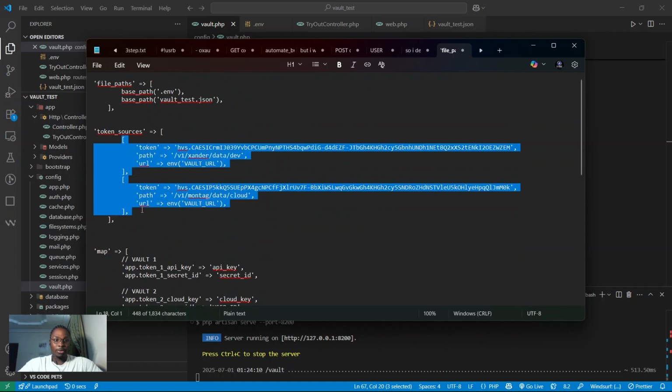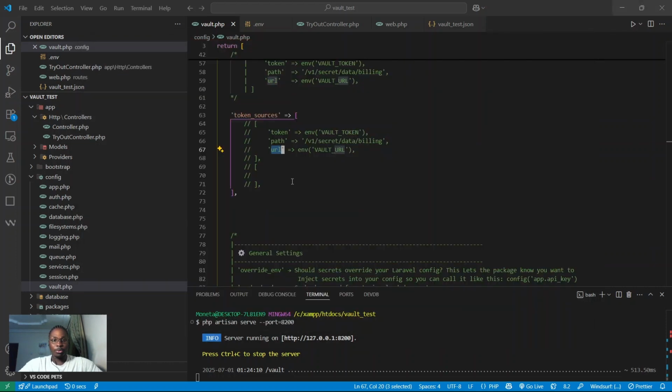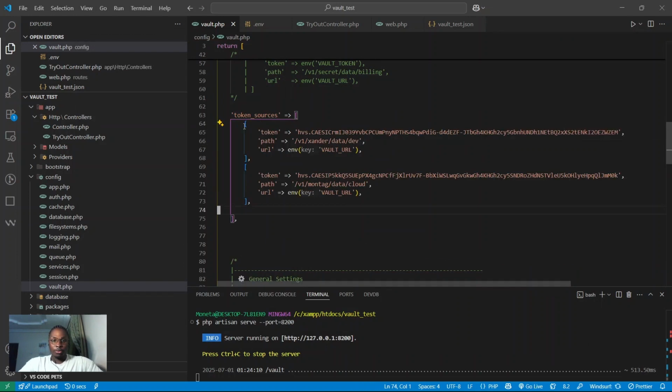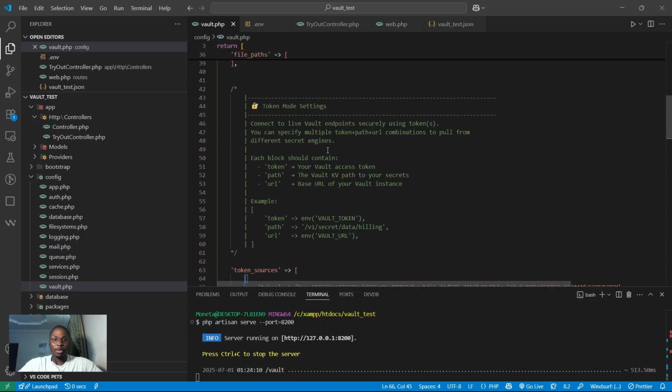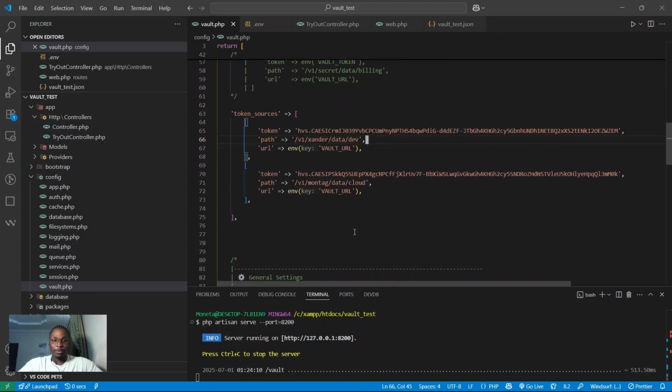and for this test we'll be using two Vault engines also, just so we understand that we can add multiple Vault engines. It doesn't have to be one, it can be two, can be three, depending on your use case. Same thing goes for the file as we've tested earlier. And then